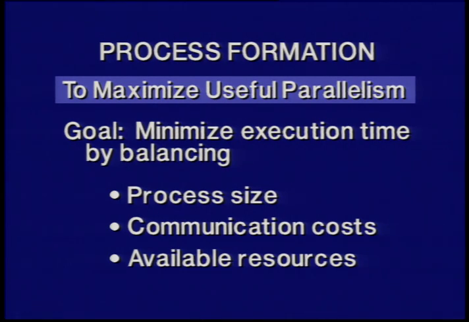Okay, now that we've done as much as we can with the program, found the parallelism and transformed the program to express more parallelism, how are we going to package this up for the particular underlying architecture? We want to minimize, of course, the execution time, and to do this we want to balance off the process size, the available resources, the number of processes I think I'm going to have at execution time, and the communication cost. There's always a cost with starting a process.